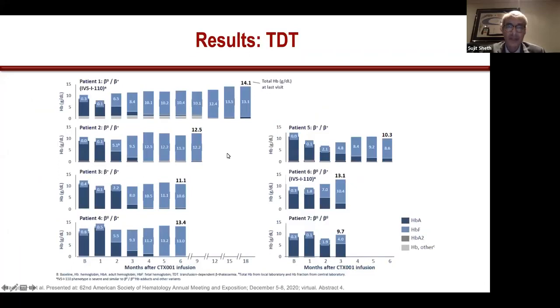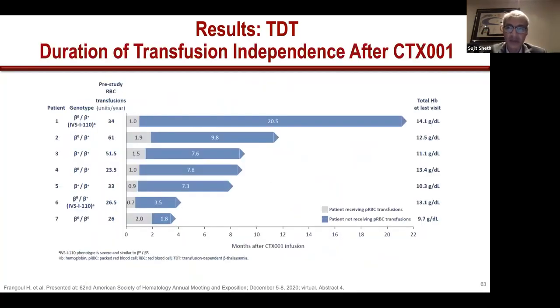These are the results from the CRISPR TDT trial, and you can see here that of the 7 patients, you have transfusion independence in these patients who could be evaluated, 5 out of 7. The other 2 have not yet reached the 6-month mark, which is what's required as the endpoint to determine transfusion independence. But you can see very good hemoglobin levels, 13, 14, and the light blue here shows fetal hemoglobin, because what you're doing is you're knocking out BCL11A, allowing fetal hemoglobin expression, and therefore you have predominant fetal hemoglobin in these individuals as well.